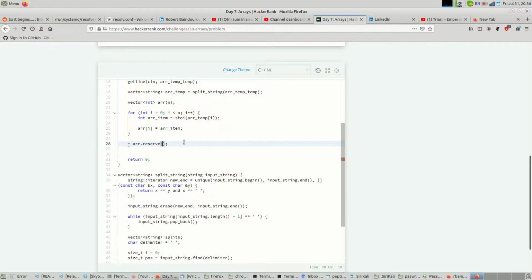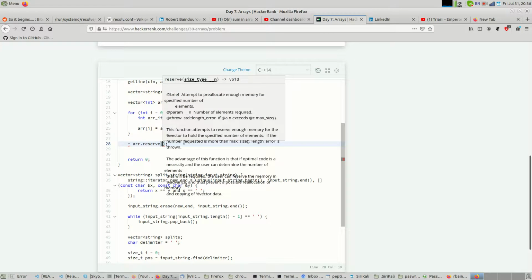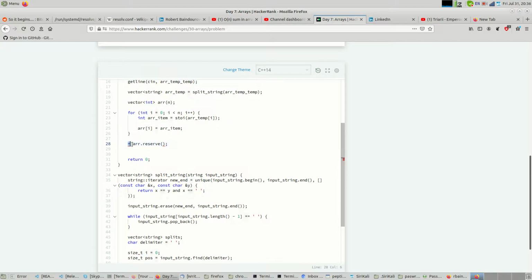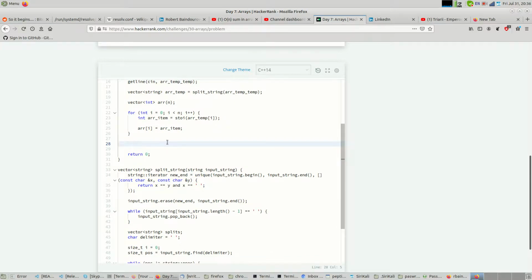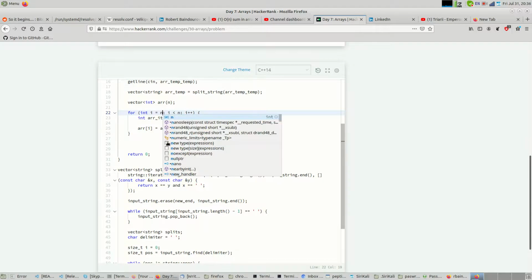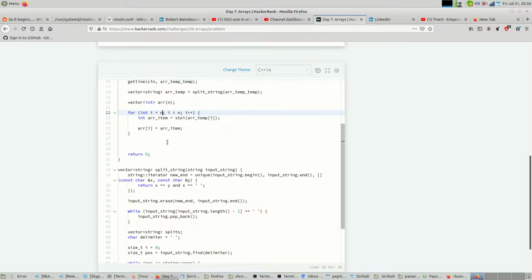You want to reverse a brief attempt to... Dude, you know what, man? Why don't we make i equal n, i is greater than or equal to 0, and